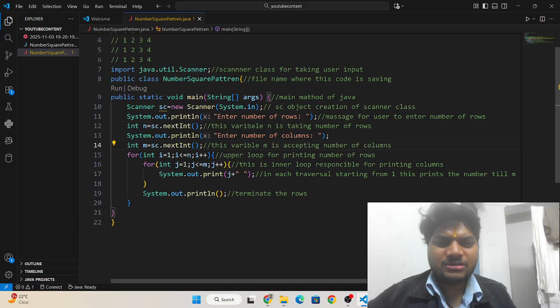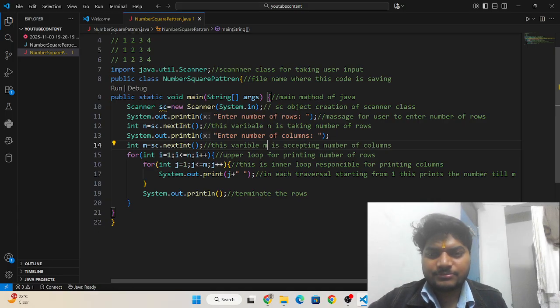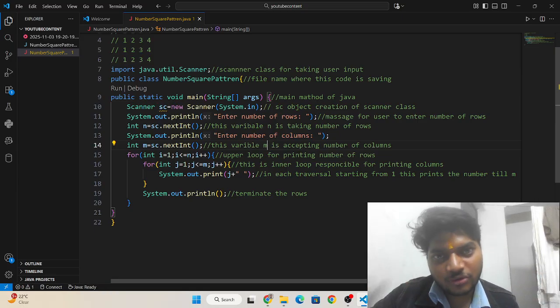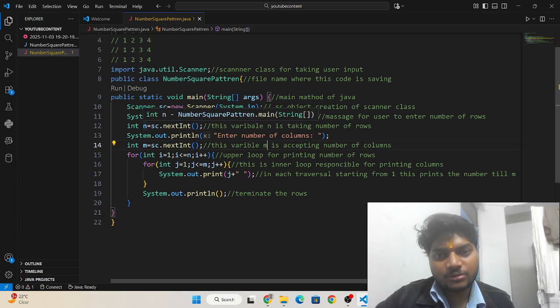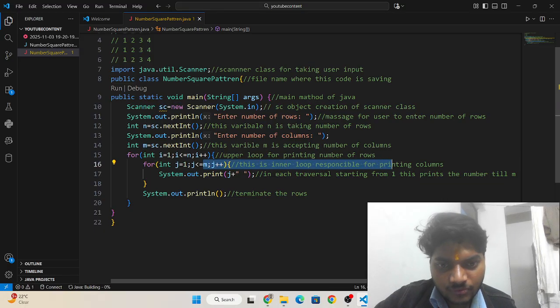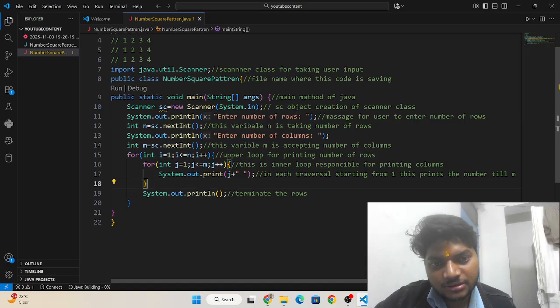Not anything extra, okay. See, I have taken number of rows, number of columns. Here n is the number of rows, and m is the number of columns, okay. Here m is printing number of rows, okay, and it is printing number of columns, okay.